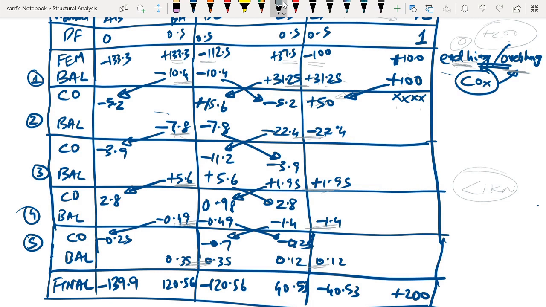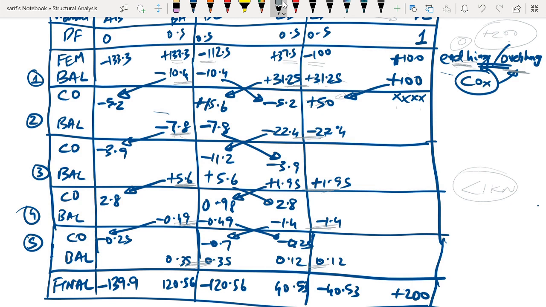And after that balancing is over, next we will balance all the interior supports. So balancing is over. How do we balance it? We first calculate the net unbalanced moment. To equilibrate it, we have to add the opposite of that, and when we add the opposite of that to the joint, it will be distributed to the joints in ratio of their distribution factors. Now that is one act of balancing.